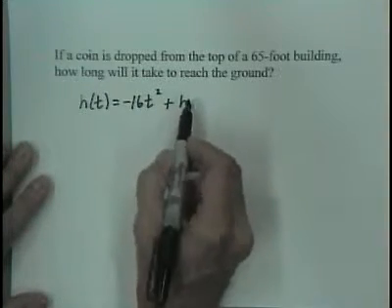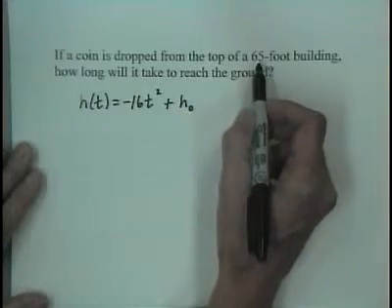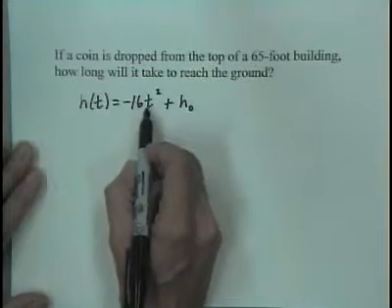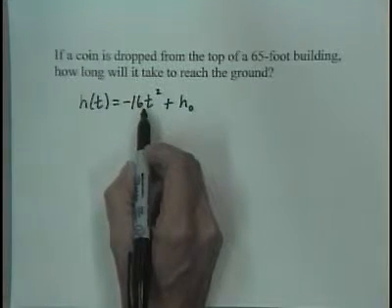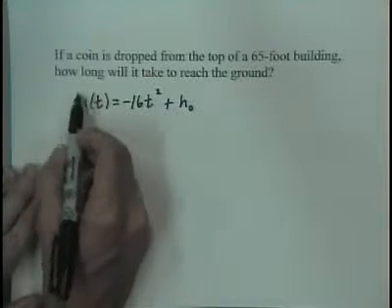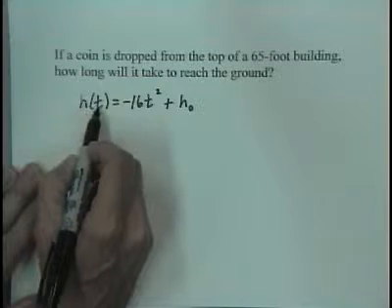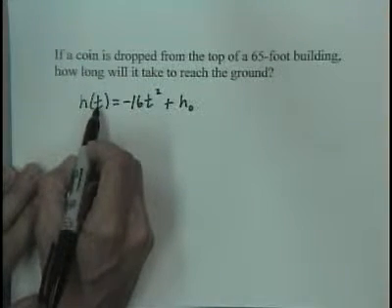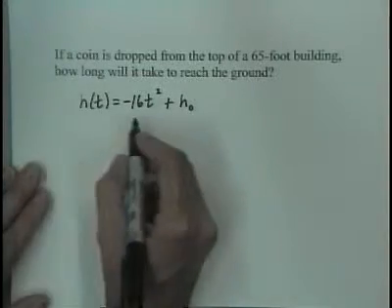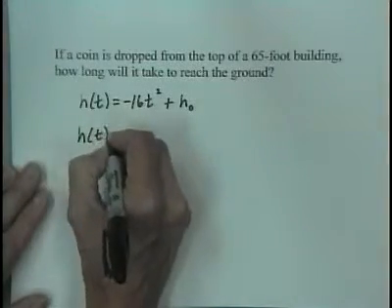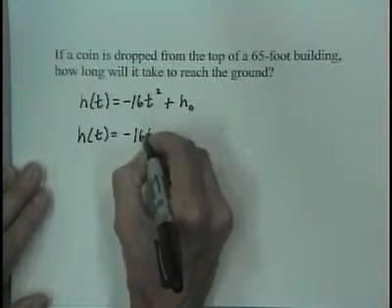H sub 0 is the height from which the object is dropped, in our case 65. T in this formula, this is a vertical motion model, always represents time in seconds, and h of t is the height of the object in feet as a function of time, or for each of the times that are represented by the formula. For our particular problem, since the object's dropped from the top of a 65-foot building, we have this